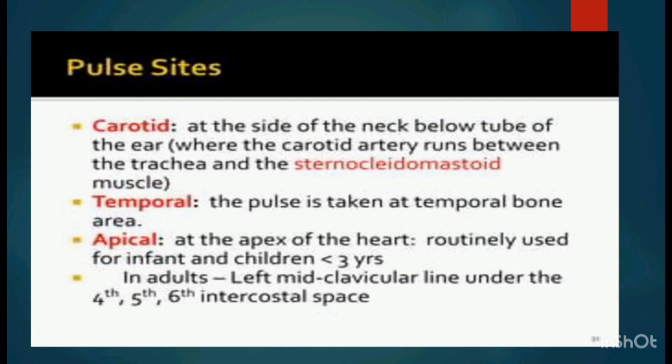Now the sites for pulse rate examination and assessment. Carotid pulse at the side of the neck below the lobe of the ear. In temporal, the pulse is taken at the temporal bone area. In apical, at the apex of the heart, routinely used for infants and children less than 3 years. In adults, it is at the left mid clavicular line under the 4th, 5th, and 6th intercostal space. These are the sites for pulse rate